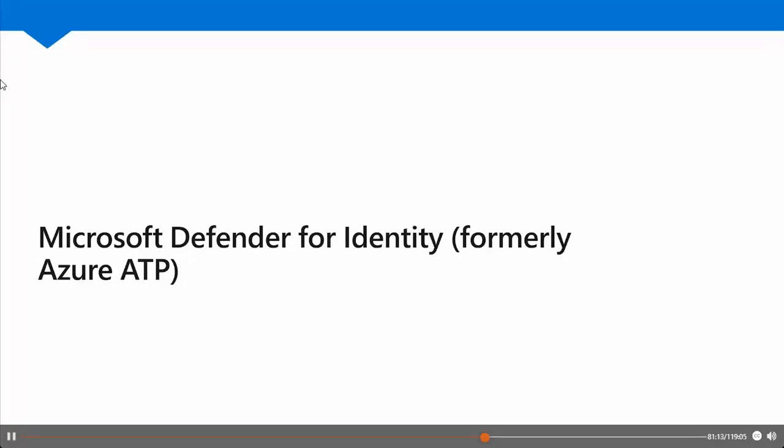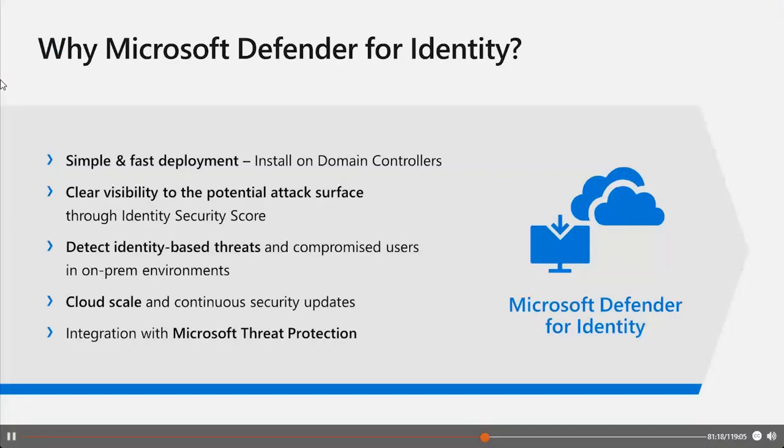One question you could have is why I should use Microsoft Defender for Identity. It's a very simple and fast deployment, because you just install an agent on your domain controllers. Obviously there is another deployment model available, where you can work with port mirroring to put the load on a specific server, but it's a quite easy way to include your domain controllers and